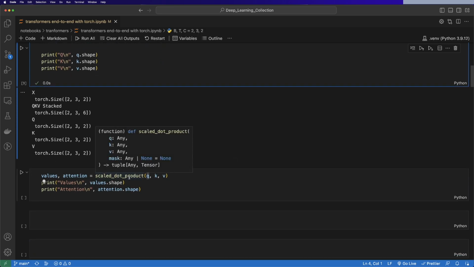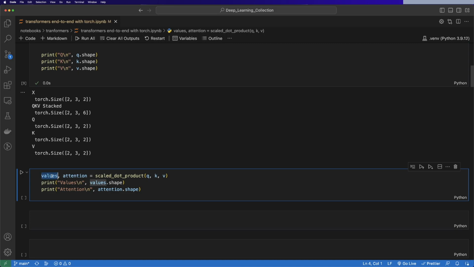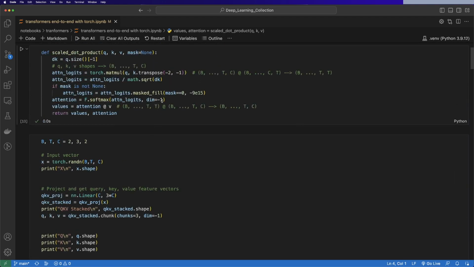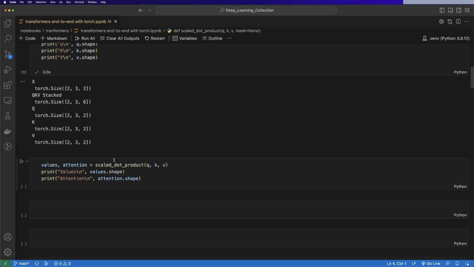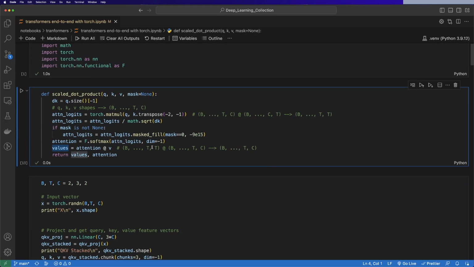Now we want to see what we get as output with values and attention. So what we're expecting right here is that values will have to be of shape BTC, which is basically the same shape of our Q, K, and V vectors. So we want values to have shape 2, 3, 2, and attention will have to be of shape, which is right here,